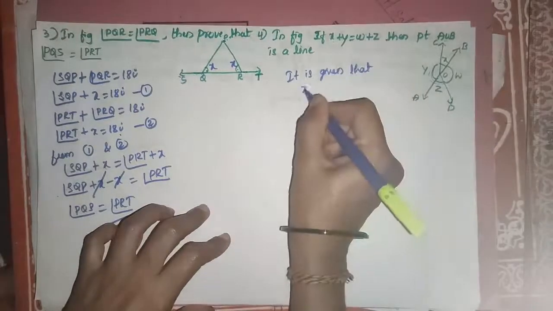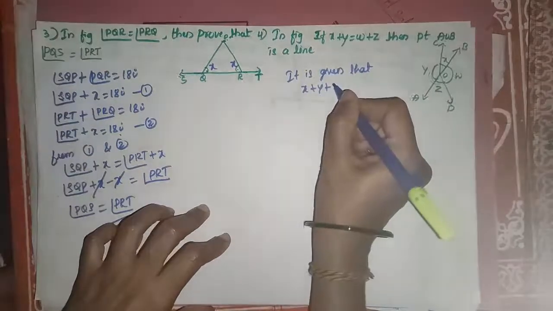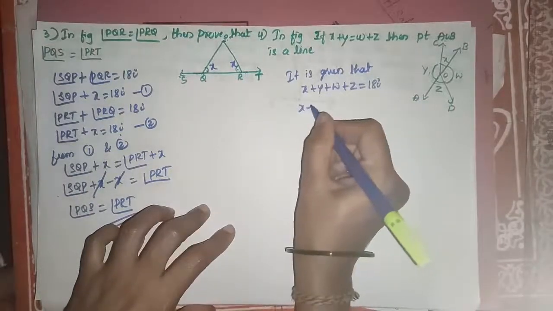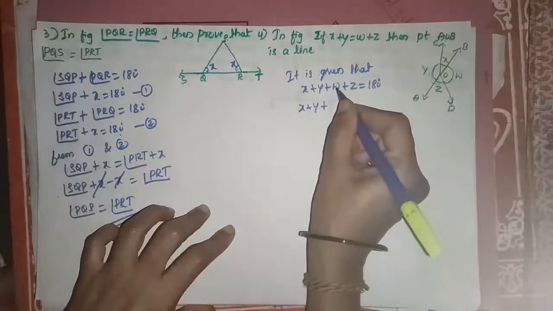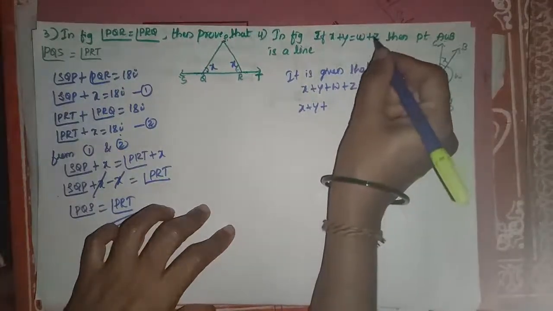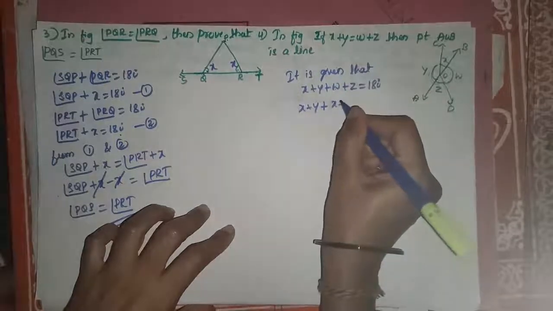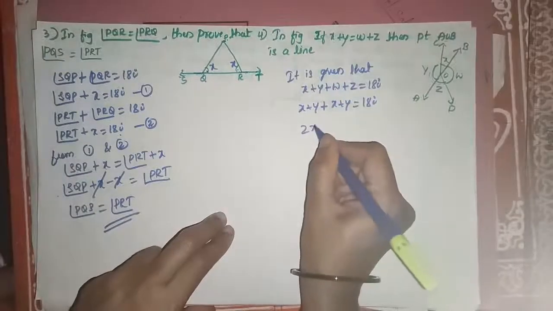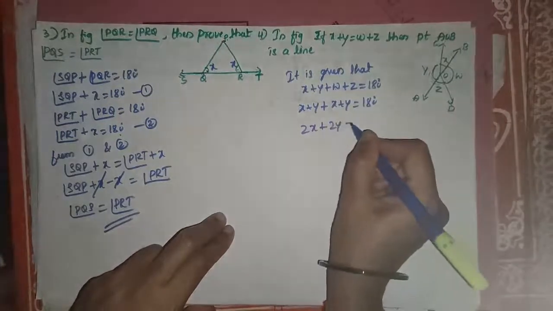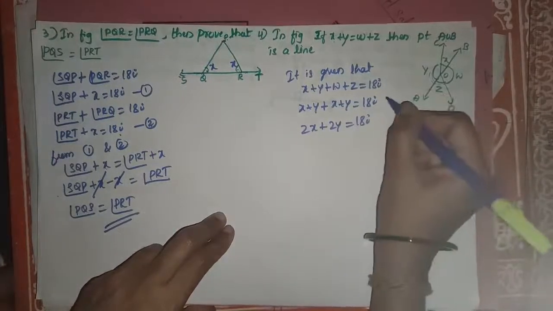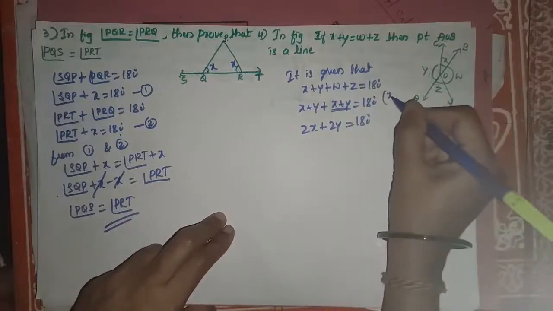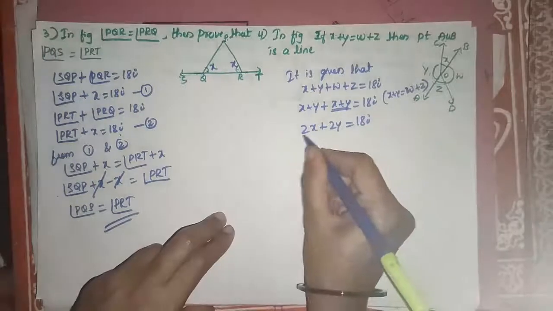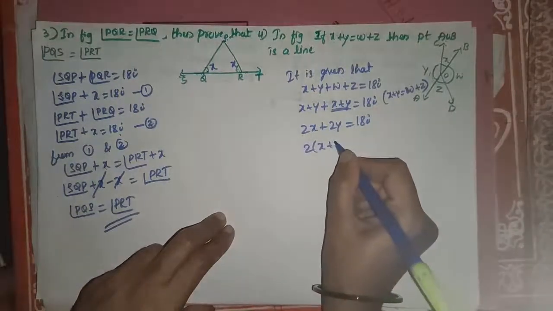So here angle X plus Y plus W plus Z is equal to 180. We know X plus Y equals W plus Z, so I place X plus Y in the place of W plus Z. So here X plus X is 2X, Y plus Y is 2Y, equals to 180. Okay, so here I substituted X plus Y equals to W plus Z. Now here 2 is common, then X plus Y equals to,